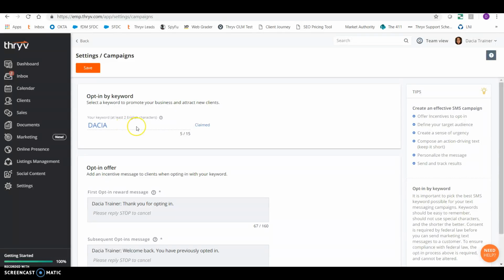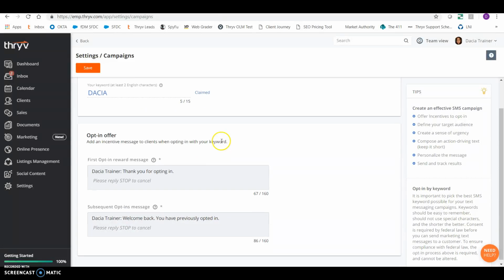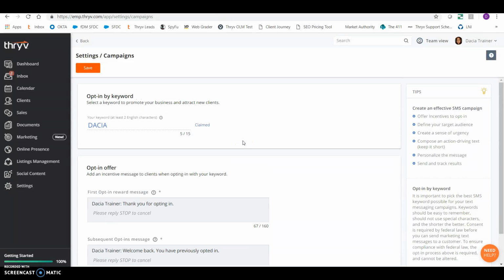So you can just put on flyers or business cards or what have you, text Dacia to 85100 to be subscribed to our network, or to receive 10% off, or to receive our newsletter, however you want to promote it. But in order for them to opt in, they have to text this keyword to 85100, and that way they will be asked to be opted into Cedro Woolley Family Dental Center sending them messages, and then they say yes, and then they'll be added to the list for you to be able to send